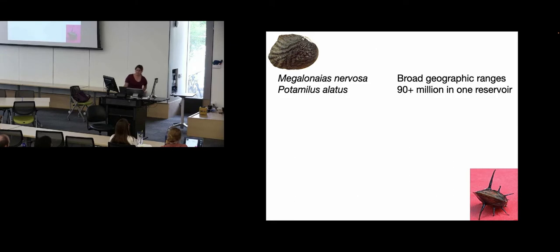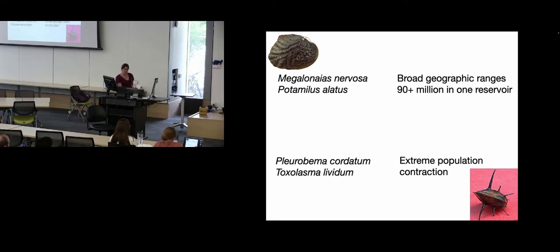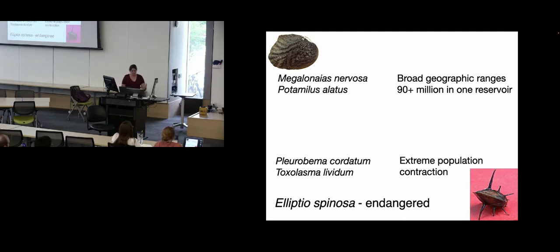All right, so we've got this genome panel that we want to put together of species that have very large population sizes, species that have extreme population contraction in recent time, and then this species that is endangered and potentially extinct that's on the IUCN Red List. And so here we can look at evolutionary processes, especially for our duplicate genes and chimeric genes and other things like that, to see how they differ across these clades. What's going on with the most successful bivalves, and how have they adapted to these changing environments, and what's going on with these small population sizes,